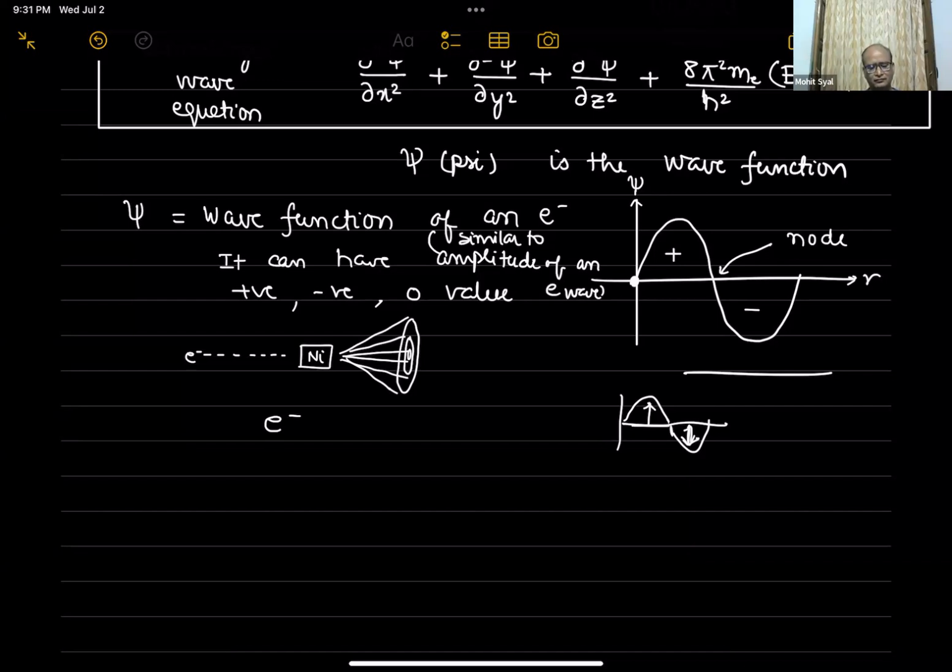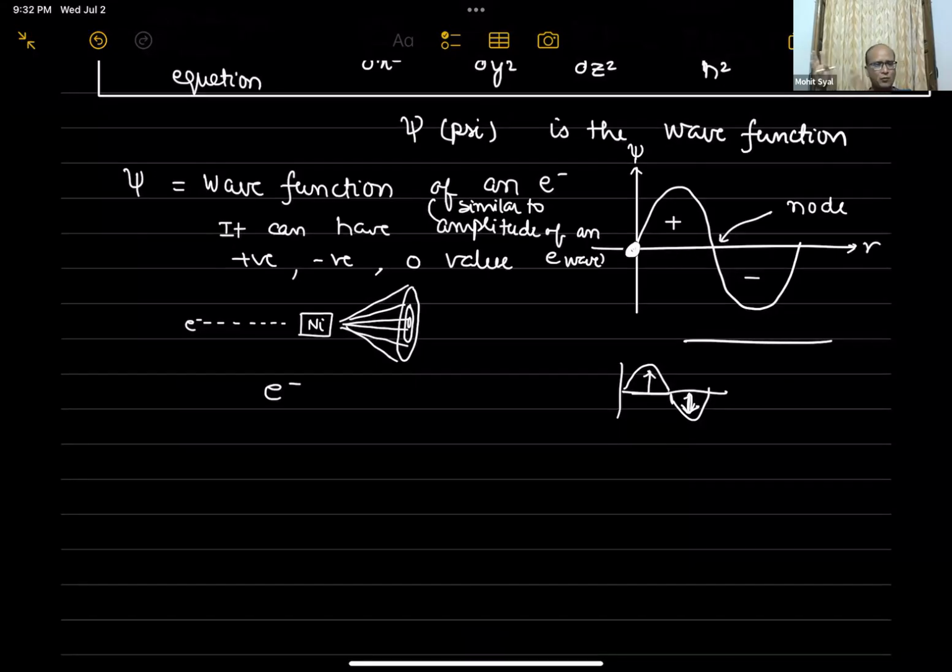Is it clear? So there's no wave inside the atom, right? Only surrounding the atom? No, there is a wave inside an atom, around the nucleus. This is the nucleus, and that is how the wave is changing. I have shown it only on one side, actually it is three-dimensional. But this wave will not keep on continuing at a very far distance. This has some limit. As you move farther, the wave is going to diminish and it will completely become flat.